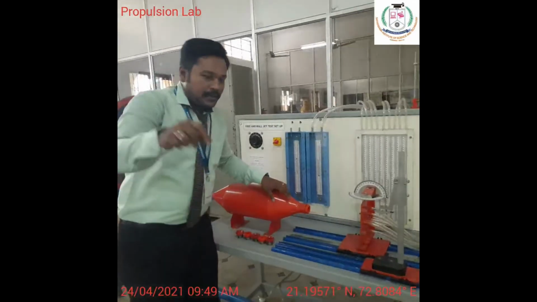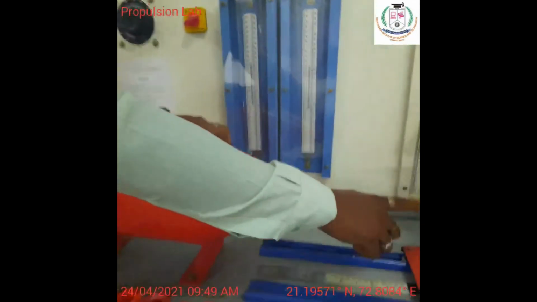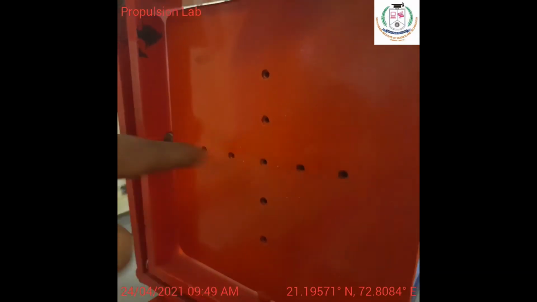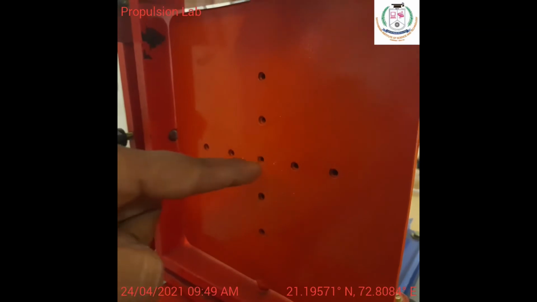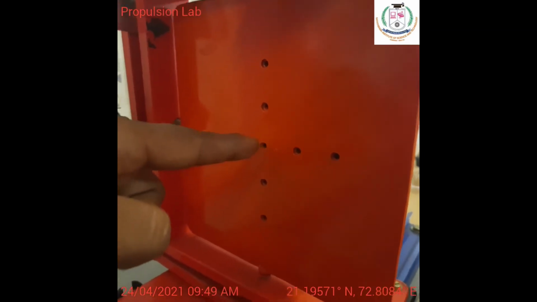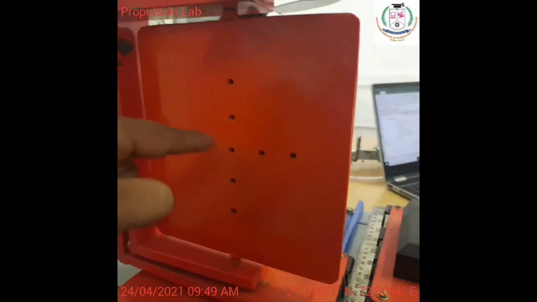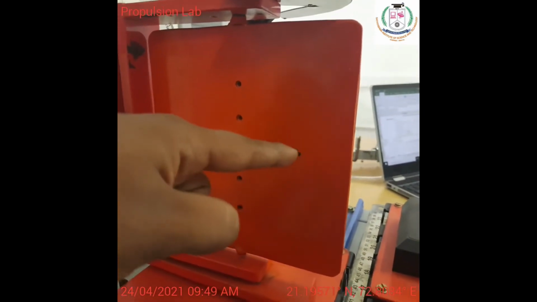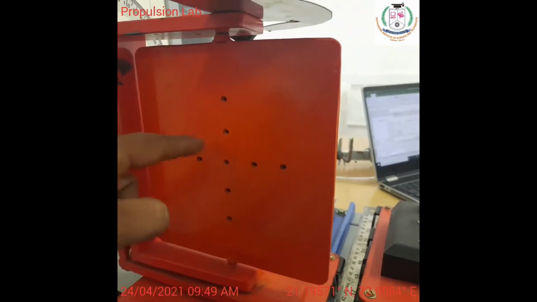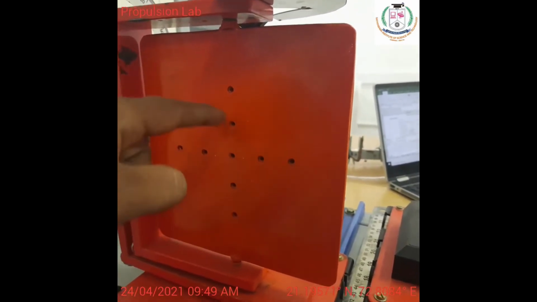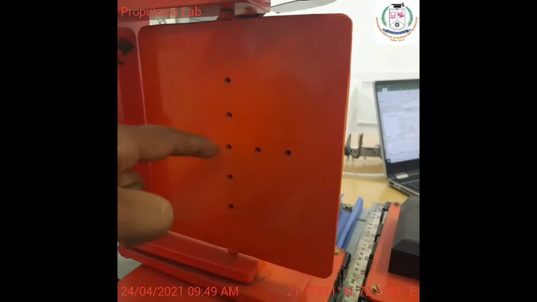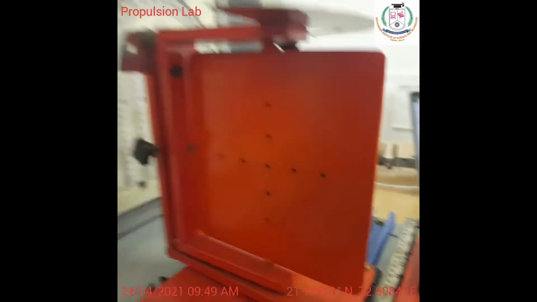Here you will find some of the wall positions. This is the position on the x-axis, and this is your x-axis and this is your y-axis. Your x-axis is 0 here, then 2 here, and then 4 here. So 0, 2, 4, and then minus 2, minus 4 is the x-axis arrangement. And then you will have the y-axis as 0, 2, 4, and then 0, minus 2, minus 4.